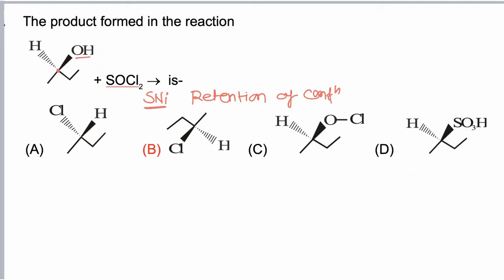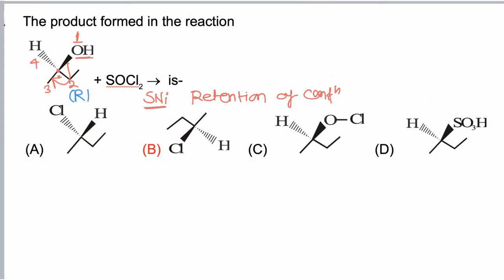So first of all we have to find the configuration of the reactant molecule. This is the chiral carbon. Of the groups attached to the chiral carbon, OH has maximum priority according to the CIP sequence rule, then ethyl, 3 and 4. Hydrogen is the least priority group and is present away from the observer. Moving from 1 to 2, 2 to 3, we are moving clockwise, and hence the configuration is R. So if the reactant has R configuration, then the product must also have R configuration.